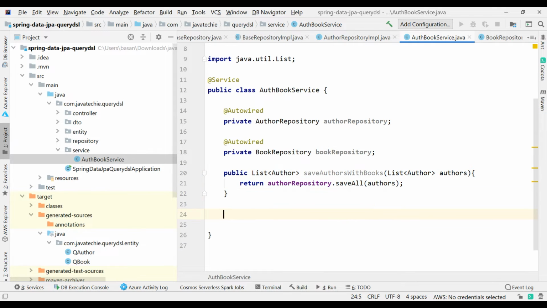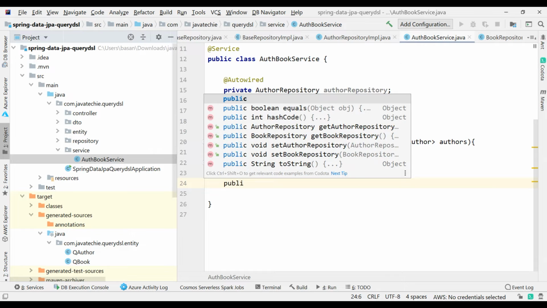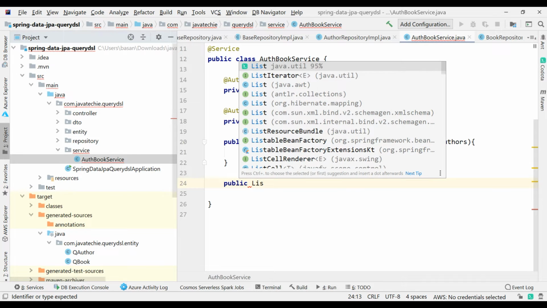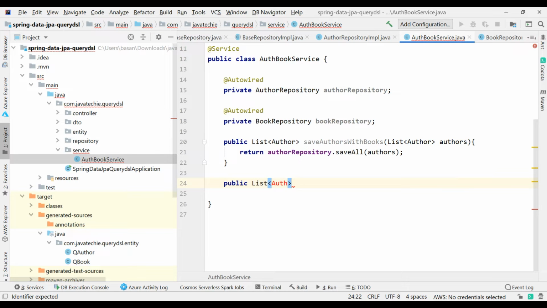Then I'll write a method to fetch the list of authors from the author repository. I will directly use the author repository so that I can show you how you can do it using Spring Data JPA, and also I will use that QueryDSL method. Okay, so get the list of authors, get authors.